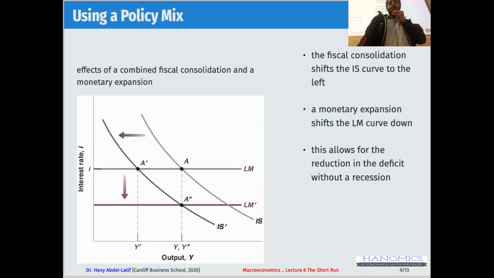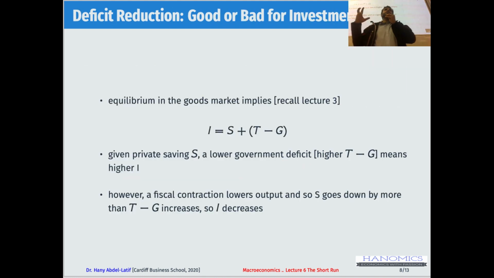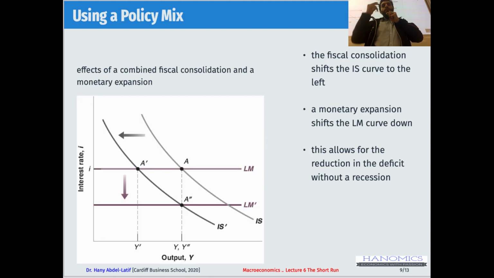So how can you get out of this? If you want to reduce the deficit, that might actually lead to a drop in investment. Again, this adjustment happened through what would happen to incomes as a result of a contractionary policy that will drop the output level, and that might be even more than the increase that you had in the investment. So one way to do this, we could have a policy mix where you have fiscal contraction,